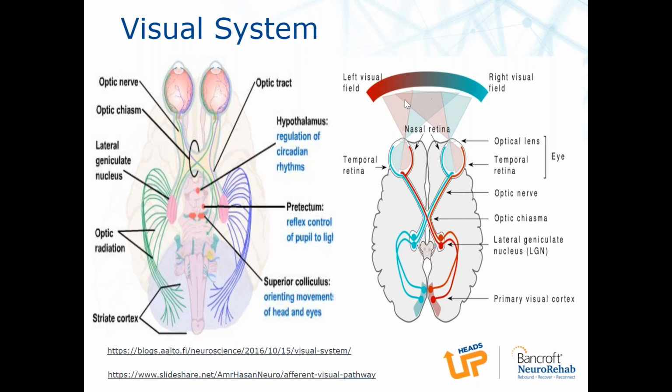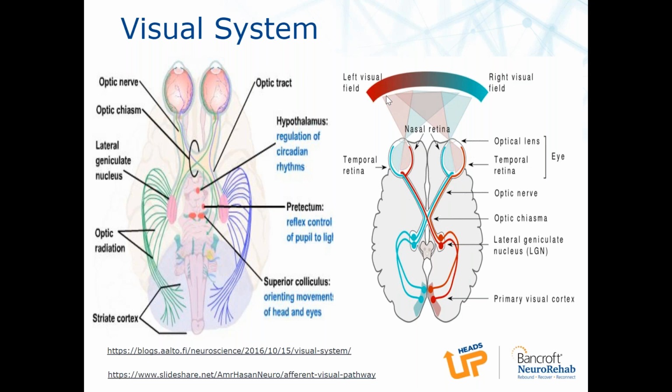If you see the red and the blue, that's indicating where the visual information is in someone's environment, and then how that information is taken in via the eyes and then the optic tract. The real importance here is just understanding how diffuse the visual system is and how much of our brain it's going to travel through, to really be able to appreciate, for an injury in any area of the brain, what kind of impact it could have on someone's